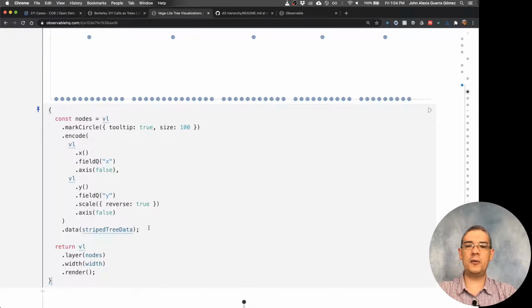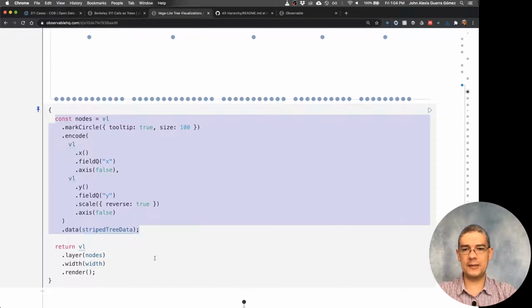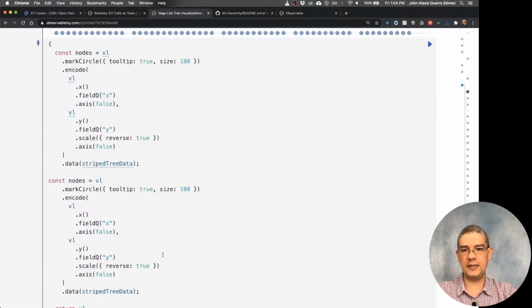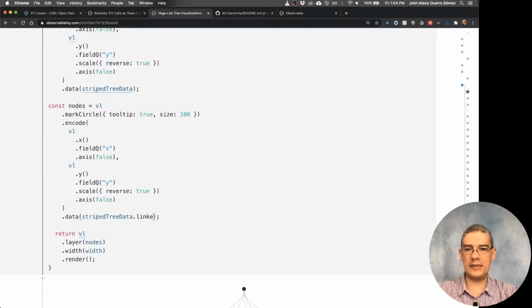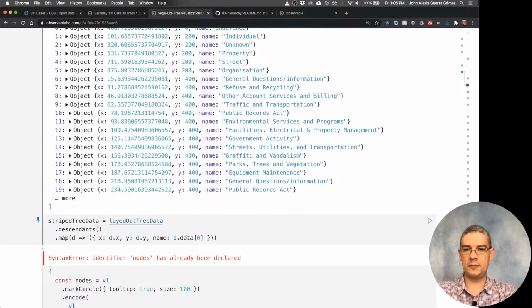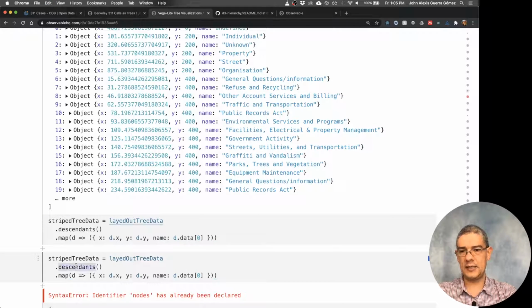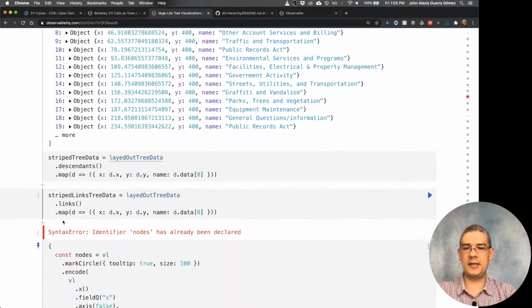So now I'm drawing the nodes, and now I also want to draw the links. Since the links are going to use different data, in this case it's going to be this one, and I'm going to need to strip that as well. So basically I can get something like this, and then I can get links out of this, strip links, let's call this. And basically the links are going to have, like this is a link, and it's going to have two values, like a source X. So it's going to be like L dot,